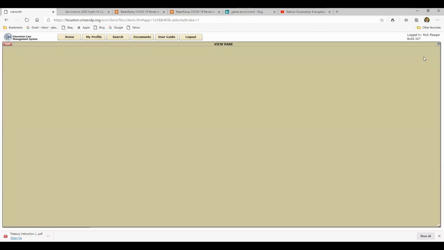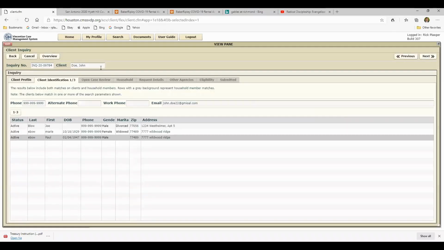It will now go through a series of 3 screens identifying the client to see if in this case, John Doe has already been entered into the system. And we did have him entered at one point, but we deleted the record. We use him for training purposes. So it'll show close matches. If there's an exact match, usually it's on this first line. And all that is telling you is that there may be an active case that is already open or one that we recently had